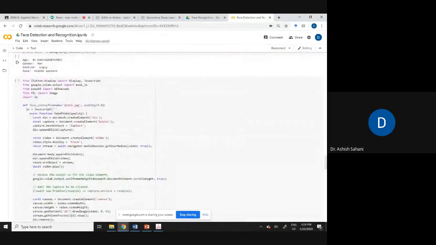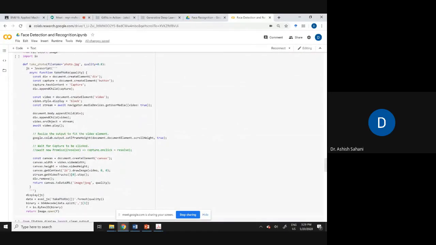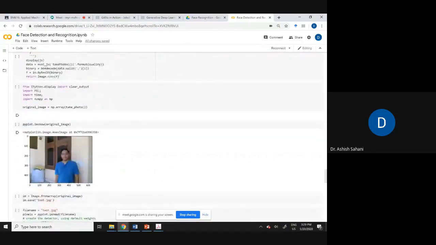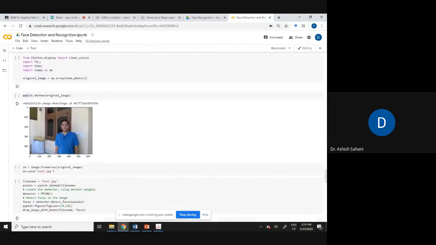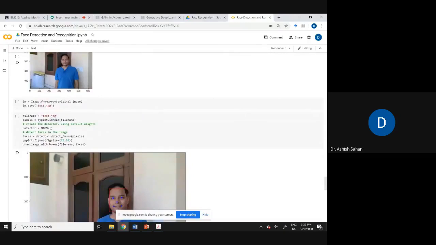After that, I have also added the earlier code, which I have put in many other codes of mine, putting in a webcam interface so that you can take your own picture. Using the webcam of this laptop, I was able to take a picture of myself here, and I'm again saving it as test.jpg.